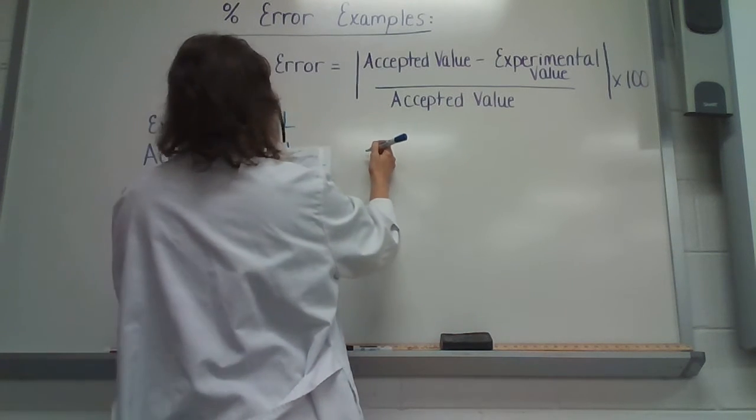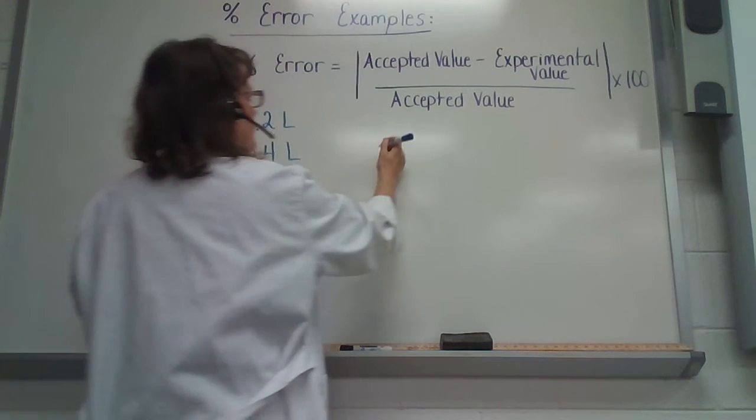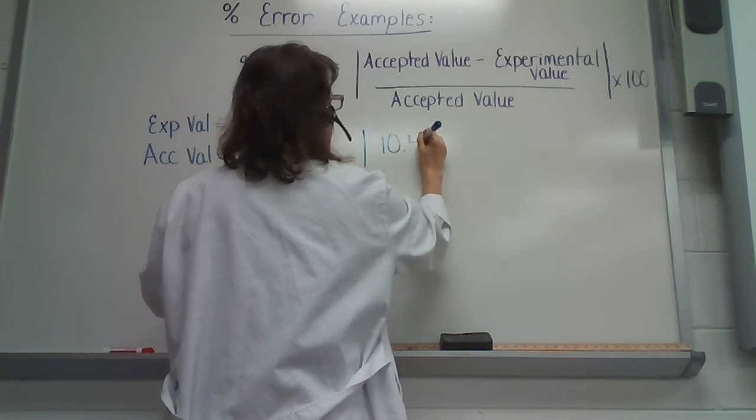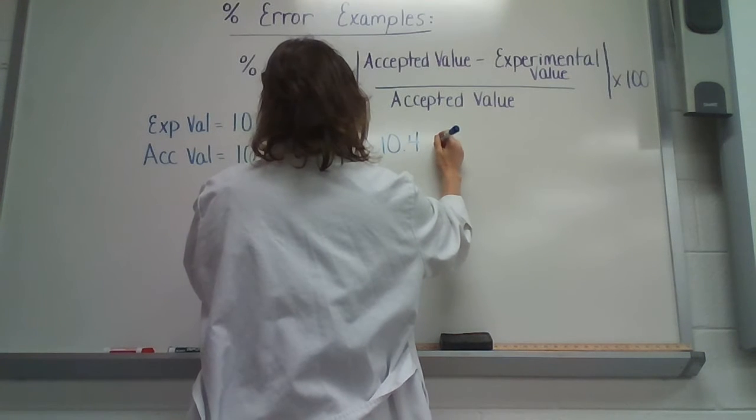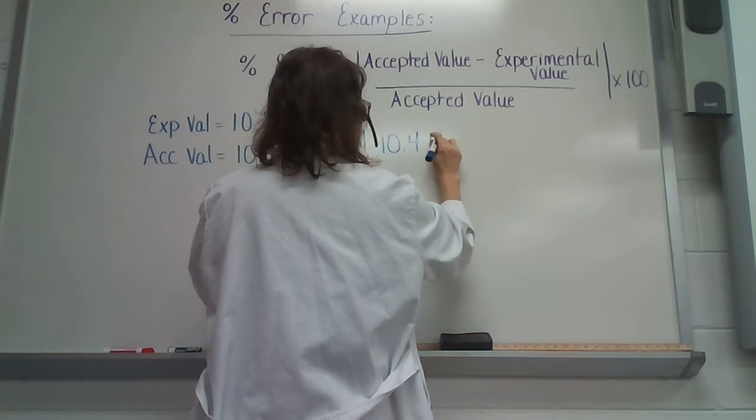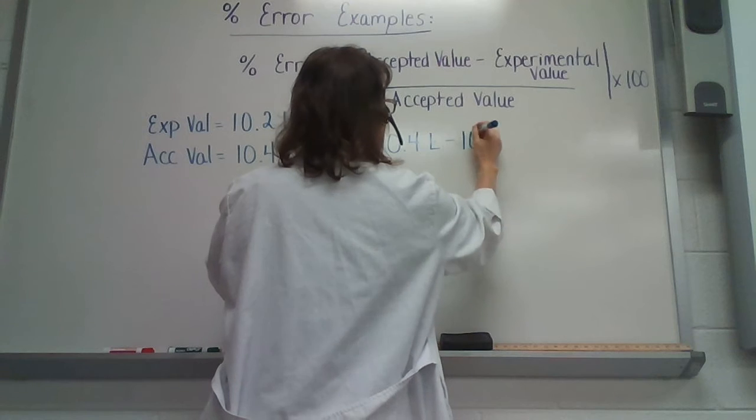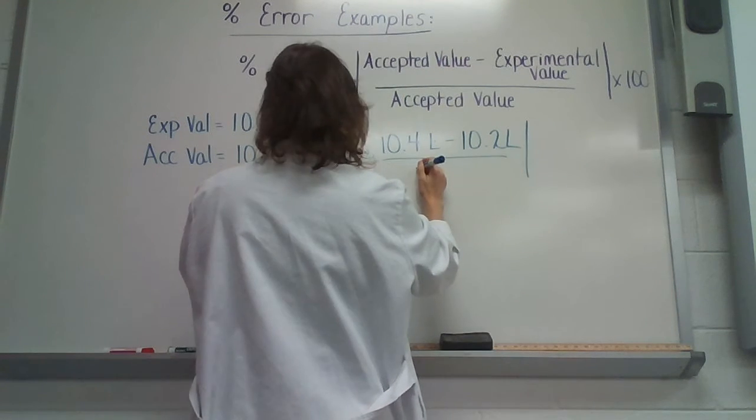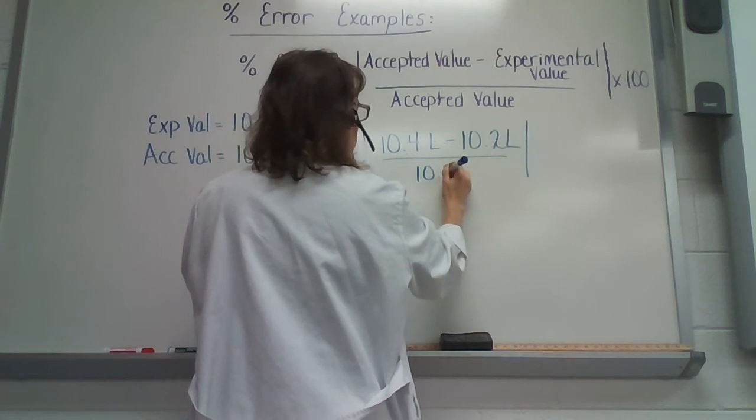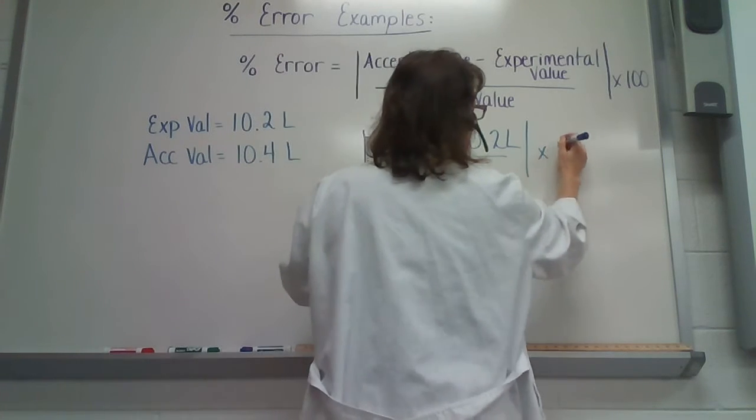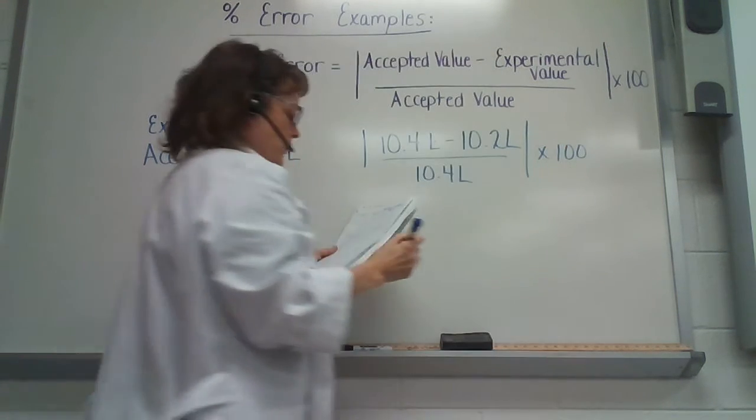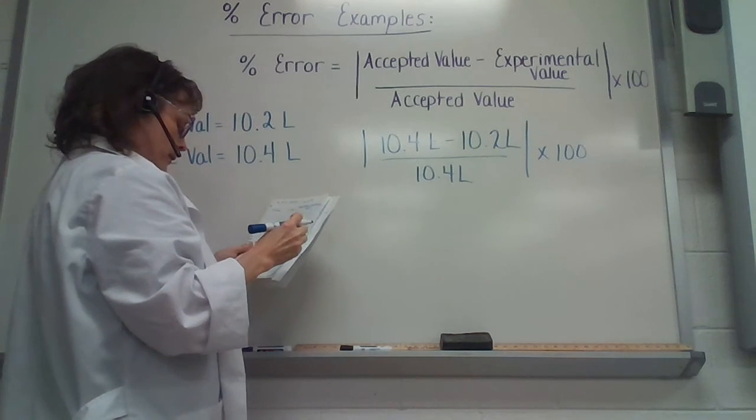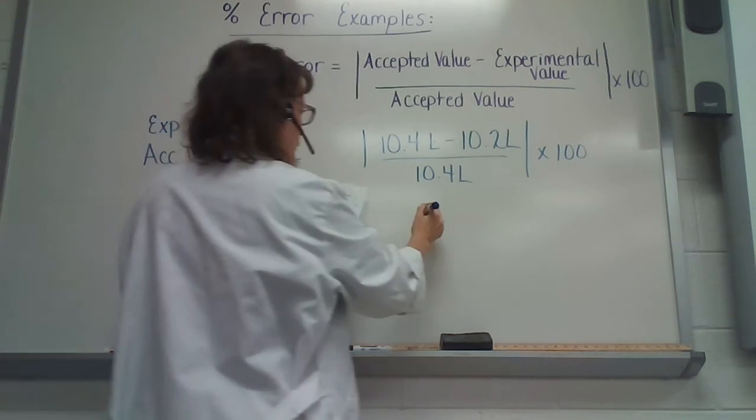All right, so we put our accepted value first, 10.4 liters minus 10.2 liters, and all of that goes over top of 10.4 liters. And again, multiply it by 100. So you plug this into the calculator, you do your top first, and when you do your subtraction, you end up with